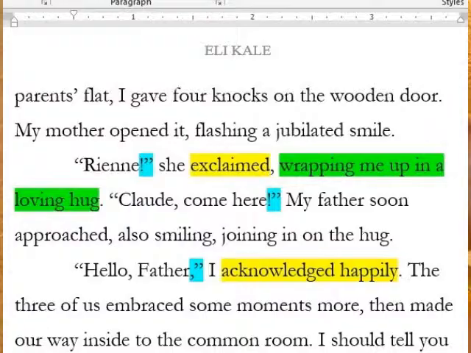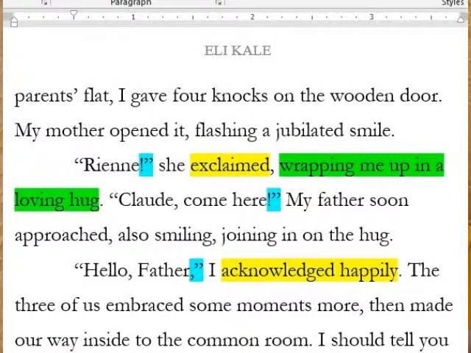Here you can see an excerpt from my first book, Resistant, which follows Rienne, a young French girl living in Paris, as she has to deal with the German invasion in 1940 and the things that kind of happened that pushed the story along after that. Before I get into the different highlights here that you see, first I'll explain two things. One, there is a thing called a dialogue tag, and a second one, a dialogue beat.